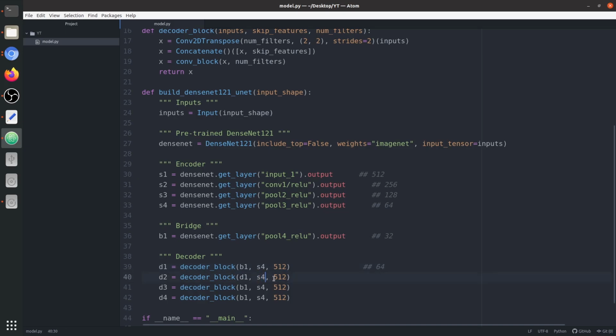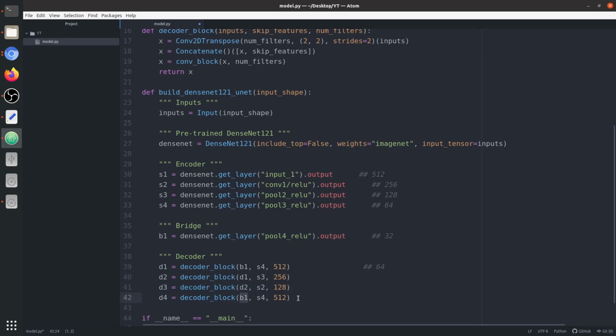The skip connection is S3, because now 64 will convert to 128, and the skip connection with size 128 is S3. 512 divided by 2 becomes 256, so we're gonna reduce the number of feature channels by half. For D3, the input becomes D2, the skip connection becomes S2, and the number of filters becomes 128.